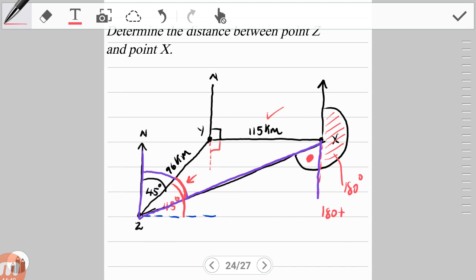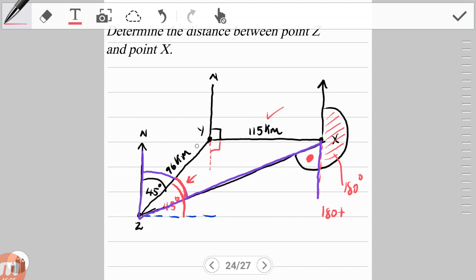Perhaps whilst constructing the question, I should have asked you to find the distance of xz first. That would make it a lot more realistic. But either way, we would still have to find the distance of xz. So we may have to do some work here, guys. We are going to need to find the distance of xz here